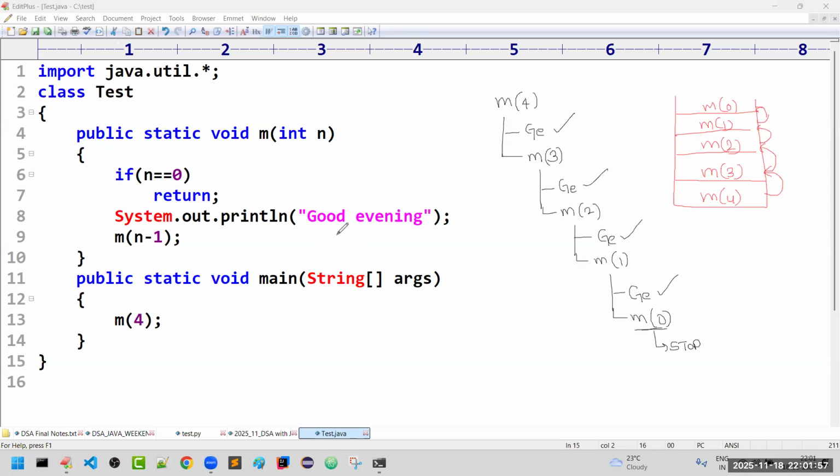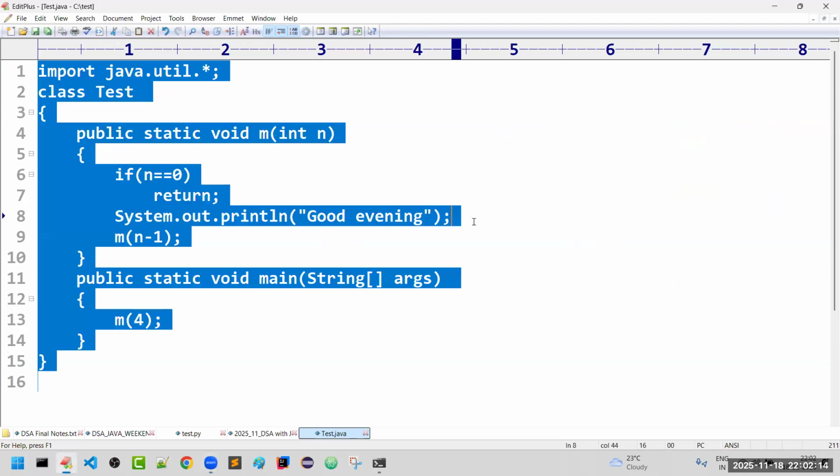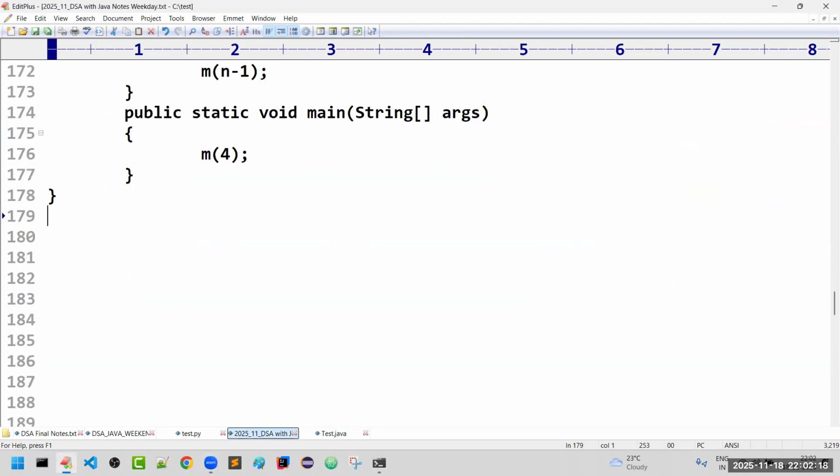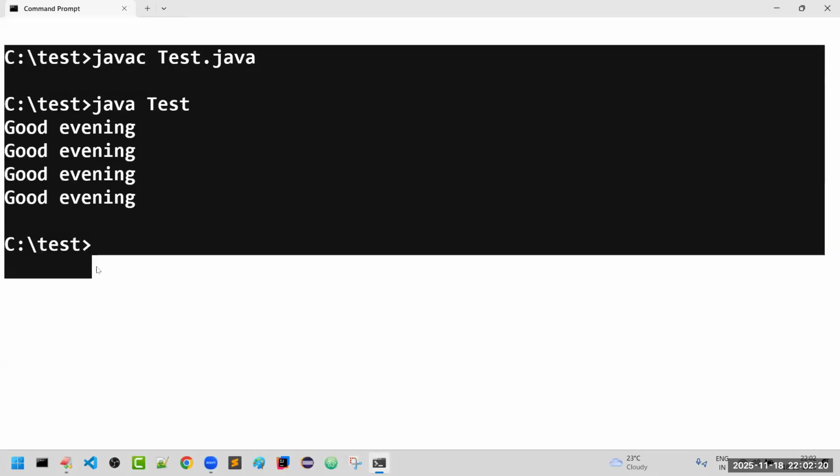Now, I'm going for some definitions, because almost whatever stuff is required for recursion, I have given. Now, let me give the exact definition for recursion. And some different cases are there.